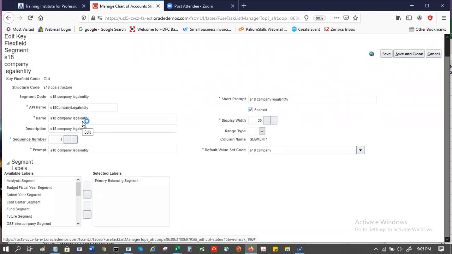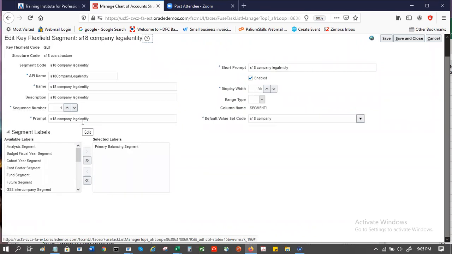But that feature was not there in EBS, correct? The required, because everything was required, correct? In the EBS, when you defined your key flex field, you could specify a particular segment as required or not required, right? Okay. Okay. Okay.